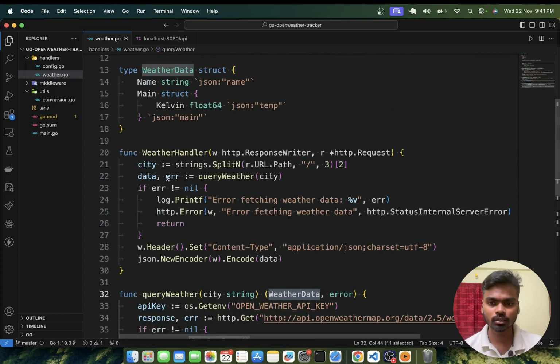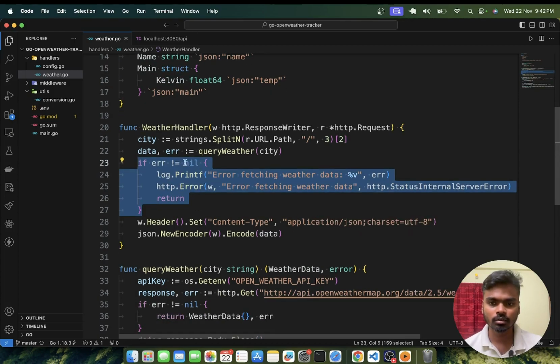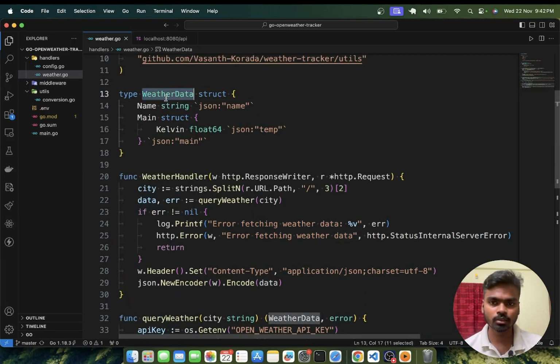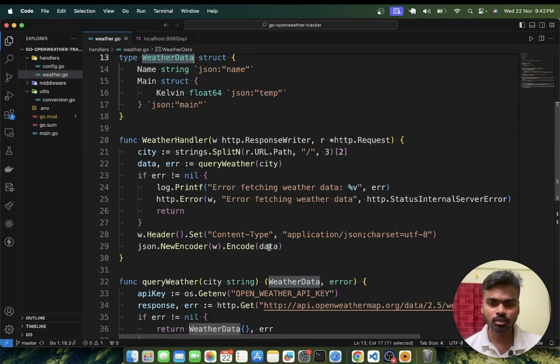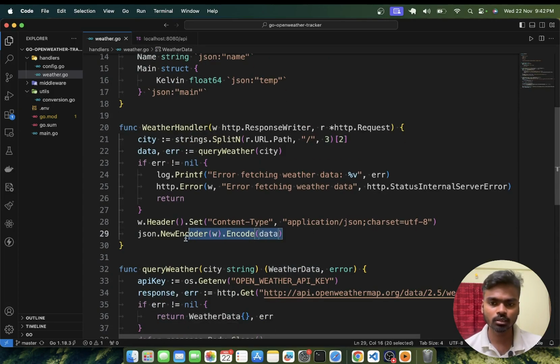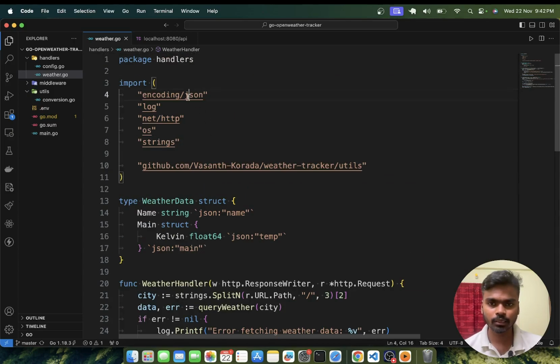Once we have got the data, we will check if there is any error. If there is any error, we are going to print it, and if there is data, we are going to encode the given data, which is of type weather data struct, to JSON. Converting the weather data struct to JSON is nothing but encoding. We encode that weather data struct into JSON using the JSON package.